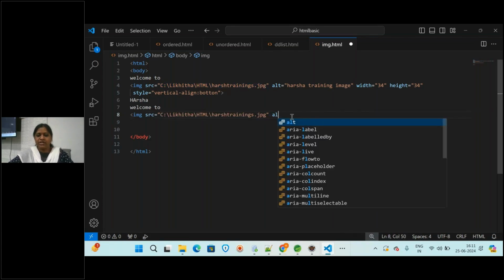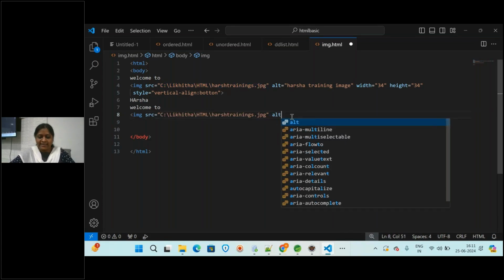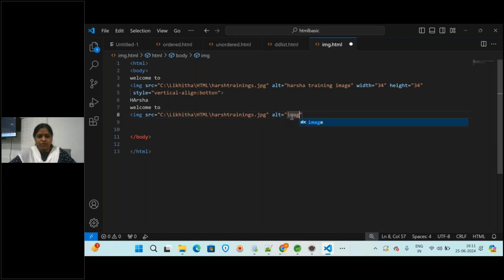Then alt is equal to, what is the alternative text? Image to top. It has to be displayed on the top. Harsha Trainings. And then you will be giving the width and height.